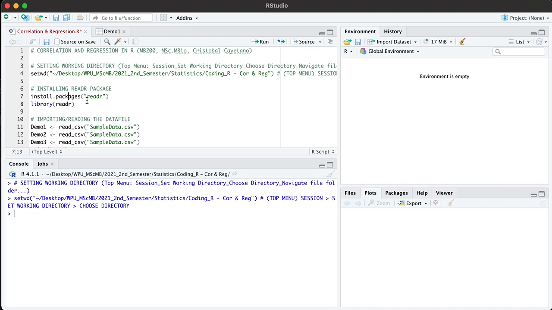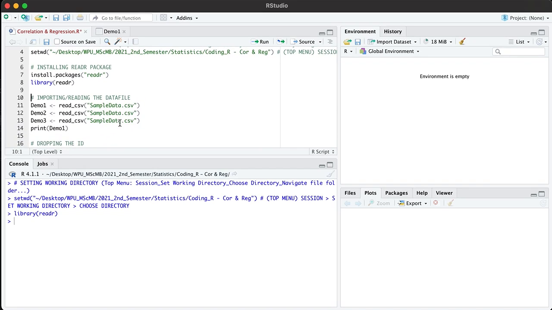Once you install that, and we have already installed it, but if you haven't, you can run this one over here. Since I have already done that, I have to load it up in my R library, using the function library, and inside the parentheses the name of the package without double quotation. I want to run this one to access the readr library before I import the data file that I want to work with. I have created 3 data files or data sets